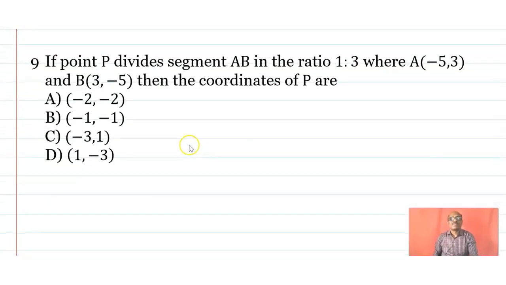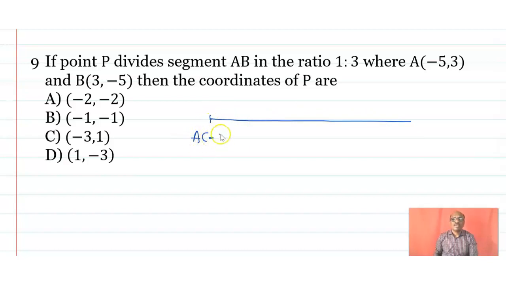Now the next, if the point P divides AB in the ratio 1:3 and the coordinate of A is -5, 3 and B is 3, -5, then what are the coordinate of the point P? Okay, पुन्हा मी इथे तुम्हाला फिगर ड्रॉ करून दाखवतो. इथे the coordinate of A -5, 3. Okay, आणि इथे किती येणार तर B is 3, -5